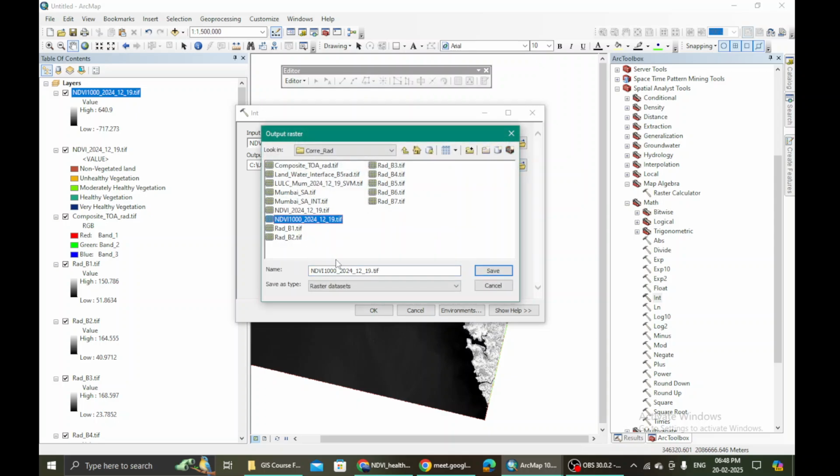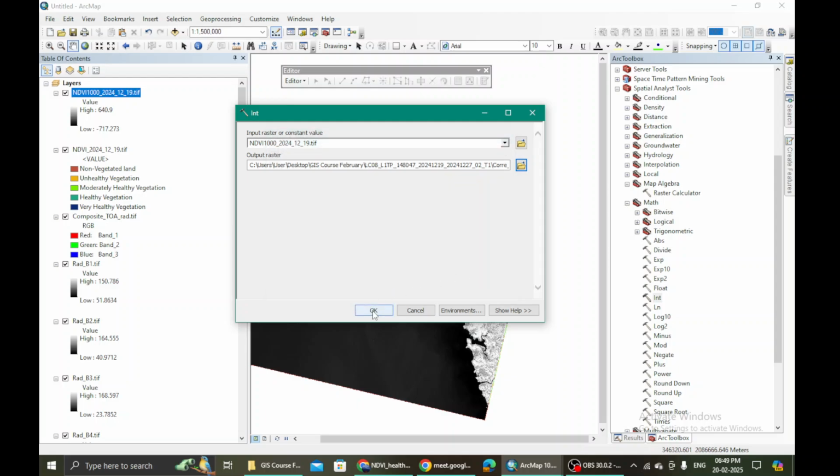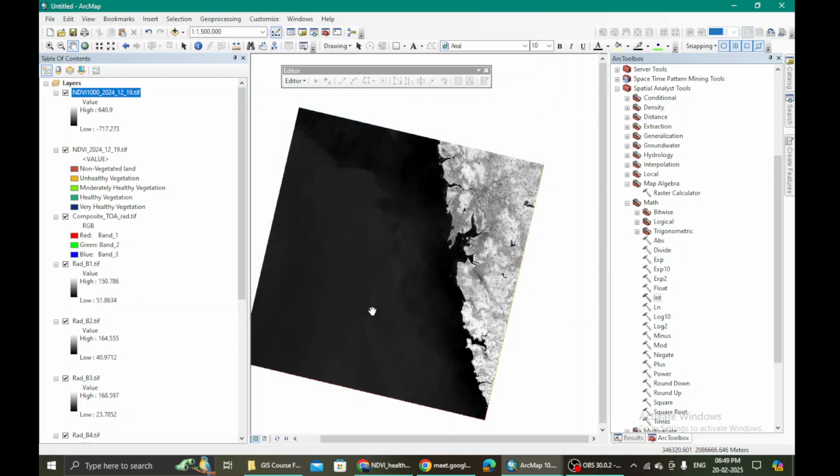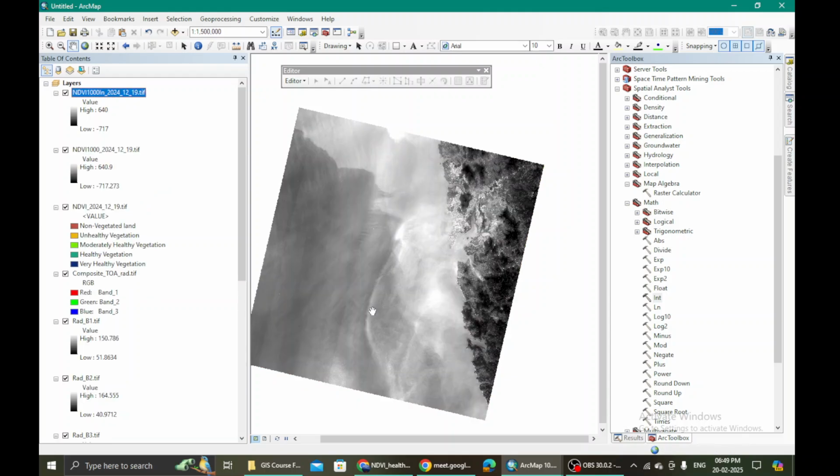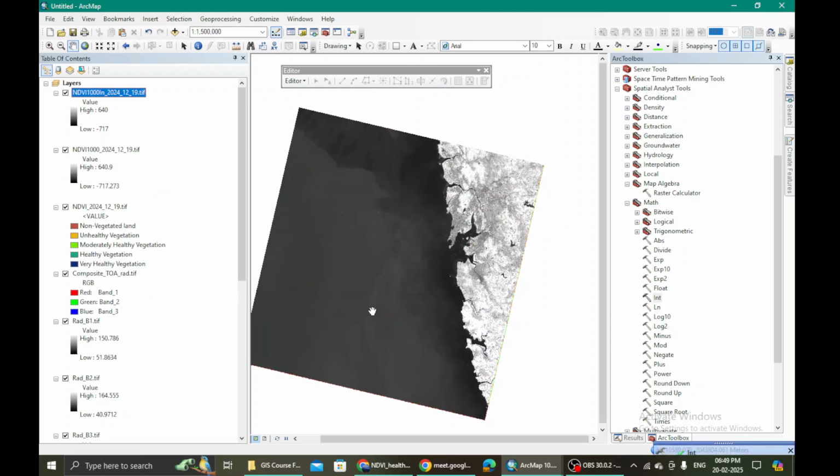So I yet again take this NDVI 1000 and multiply it with 1000, and it is showing some error. What error is it showing? The error is: traceback, failed to create raster data, failed to execute raster calculator.